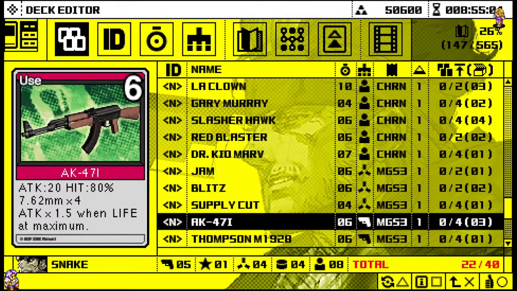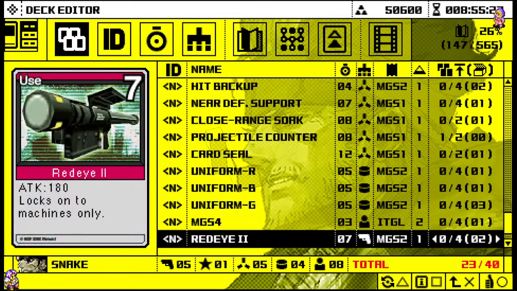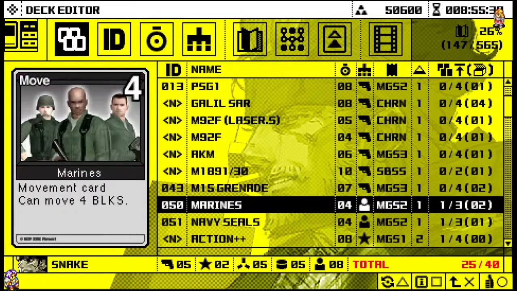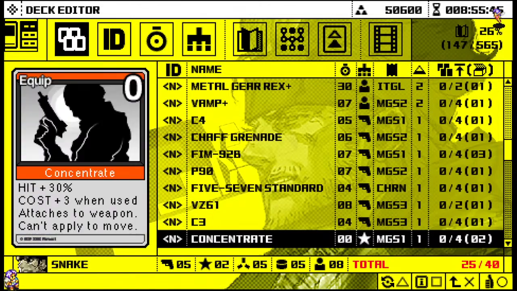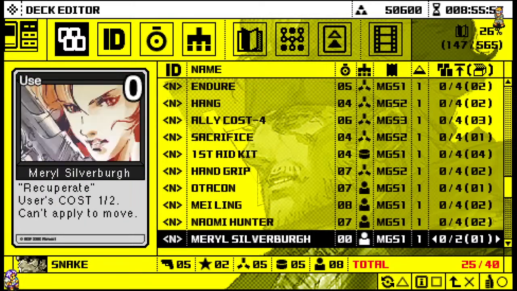Let's see. This one does more damage when life is at maximum, but it's also very, very weak. Let's see, projectiles countered, close quarters damage, and is 1.5 times equipped to use. Interesting. I mean, we might as well try it just to see what it does. Body armor is pretty good. Briefing's pretty good. Where the hell are my stun grenades? There's the M15. Who's got the stun grenades? Why are they not on here? You literally can't avoid having them, so I don't know why. It's really a pain in the neck to figure out where some of your stuff is sometimes. Hang, ally...